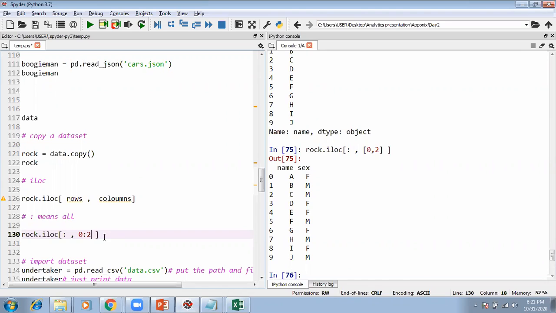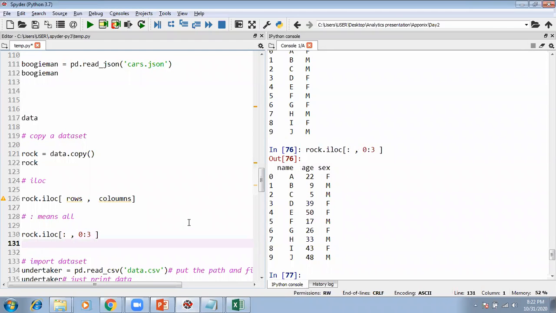But the problem is, I told you Python will consider whatever value you have written up to the previous value, the last value you have written minus 1. That means in reality it's going to consider 0 colon 1. So if we actually want 0, 1, 2, we should be writing 0 colon 3. That means Python will understand 0, 1, 2. Now I'm going to see all the three columns. But if I write 2 over here, I'm going to see only two columns.